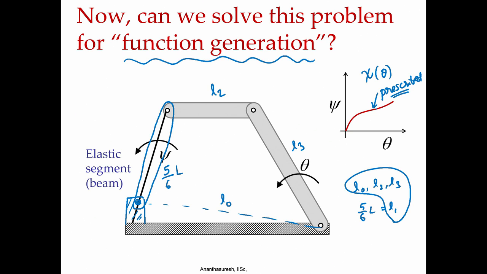After we do everything here, then we replace this particular rigid body with an elastic segment that is 1/6th more in length. If we do that, then we get a compliant mechanism that has two rigid bodies and an elastic segment and would have designed it. Okay, that is the significance of this kinematic approximation, because in kinematics we only care about how this is moving,